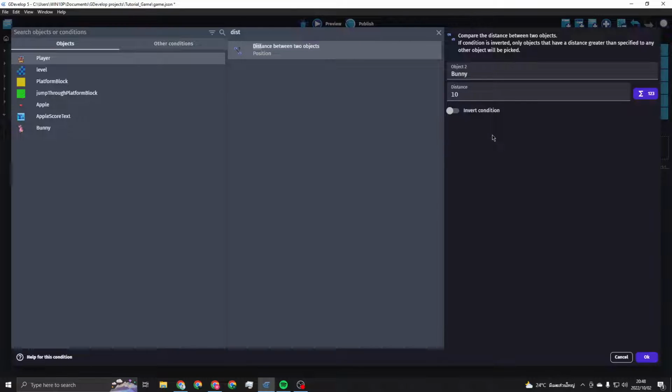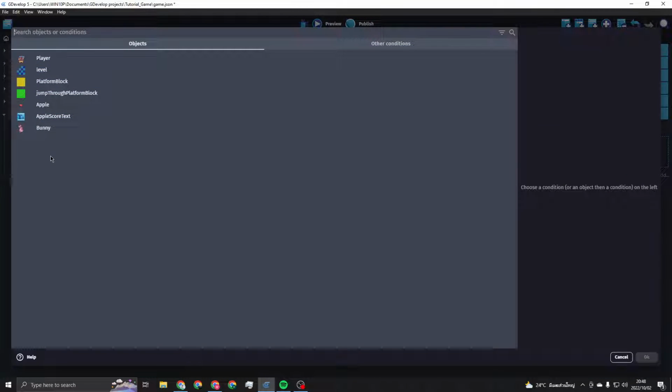I'm going to go with pixels. I'd say 10 pixels. So let's change it to 32. No, let's change it. Okay, 32 is good. So let's say the distance between the player and the bunny is less than 32, then